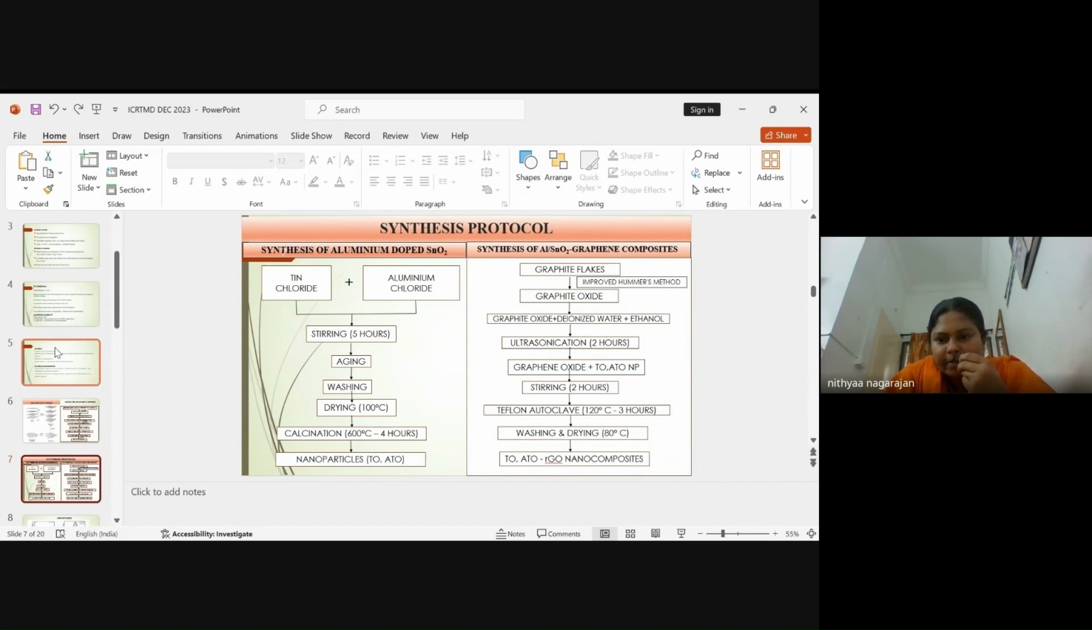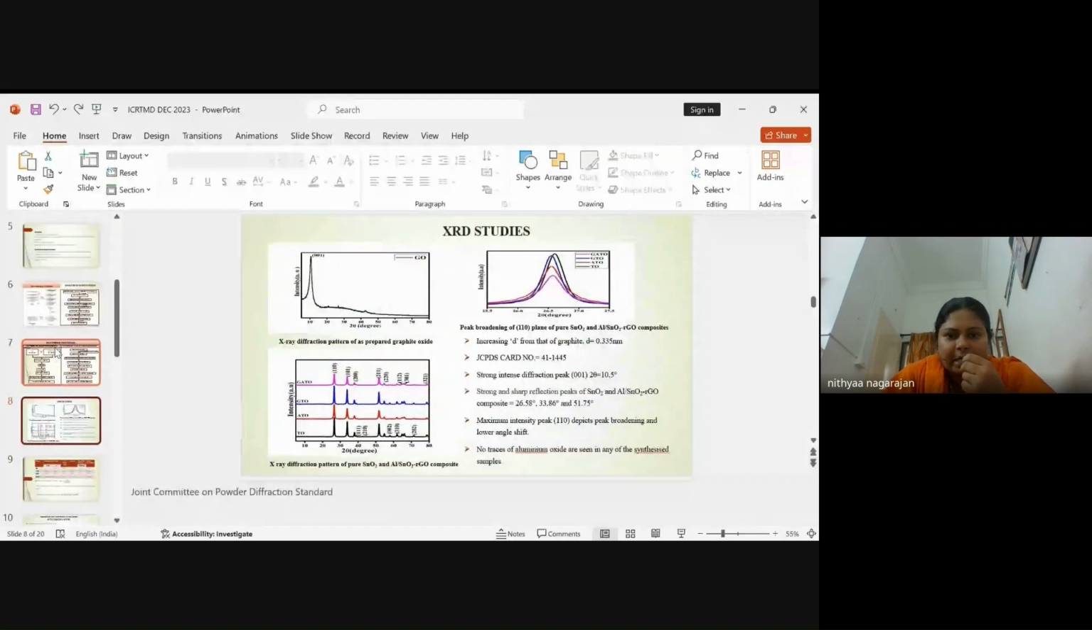And in the hydrothermal method, we are using 120 degrees Celsius for 3 hours for high temperature and pressure, and they are again washed and dried to form the nanocomposites. The results of XRD are: as-prepared graphite oxide showed an intense diffraction peak at 2 theta of 10.5 degrees, and the XRD diffraction peaks of all the composites